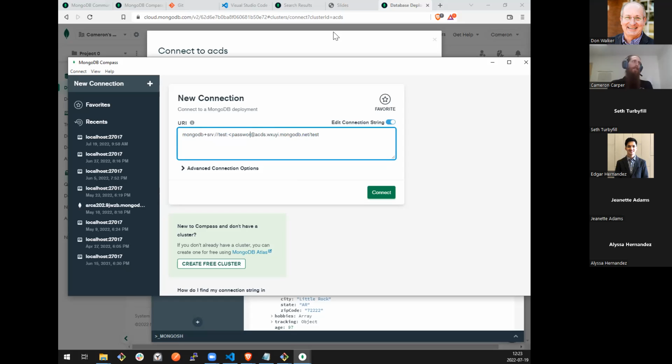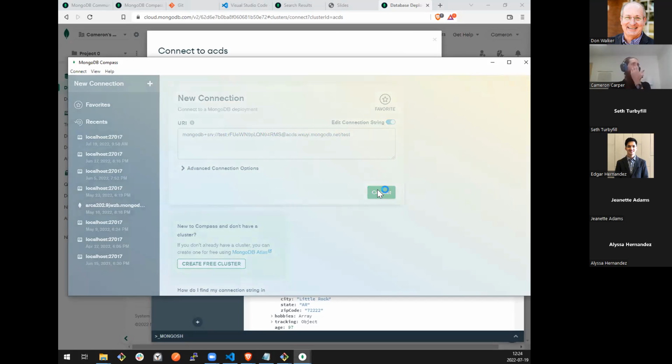You can see it is asking for a password. I am not going to worry about censoring this since I'm going to tear this cluster down immediately after. And so now I've got my username, my password, and the URL that they provided me, and it even defaulted to a database name test, and we'll hit connect.